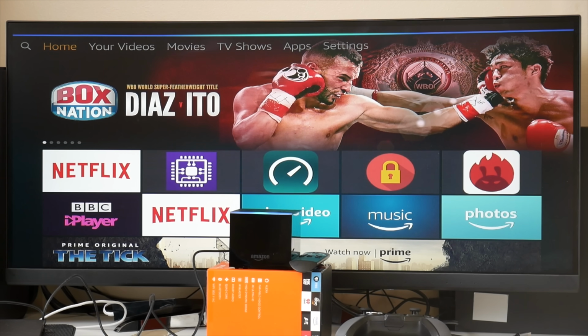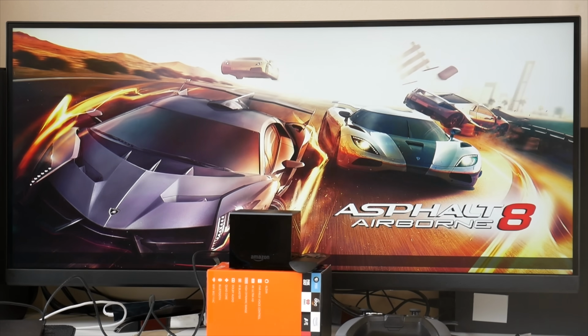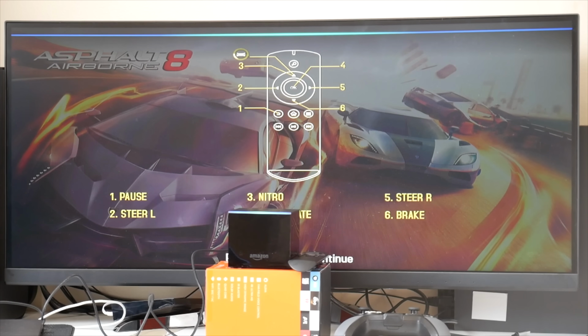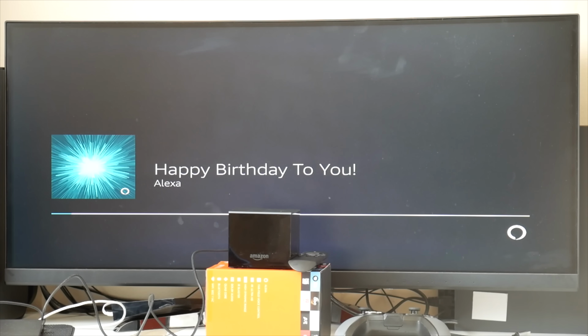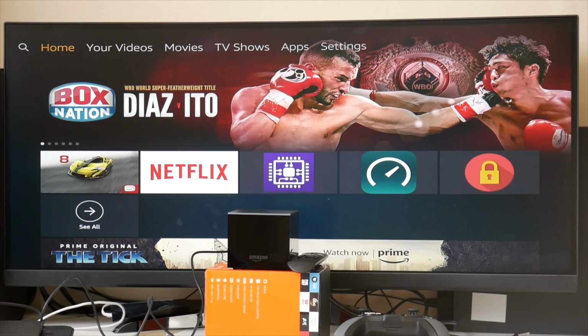Alexa, play Asphalt 8. Here's Asphalt 8, Airborne. There you go, the game is loading up very nicely. Alexa, sing me happy birthday. Happy birthday to you. Happy birthday to...